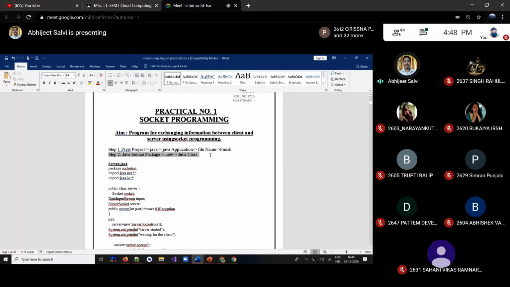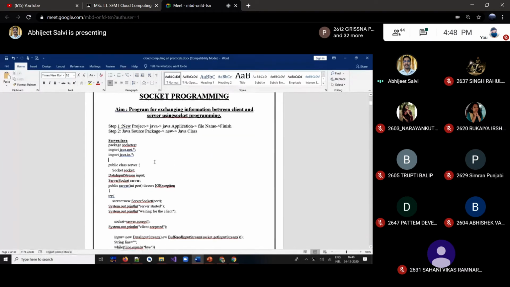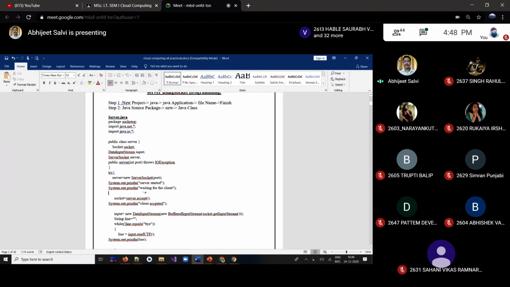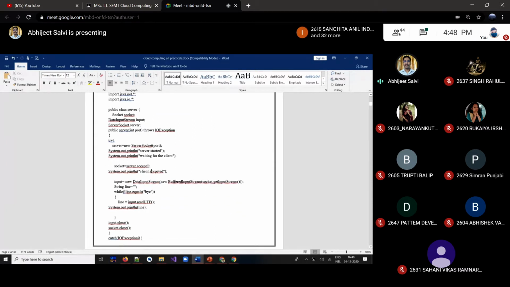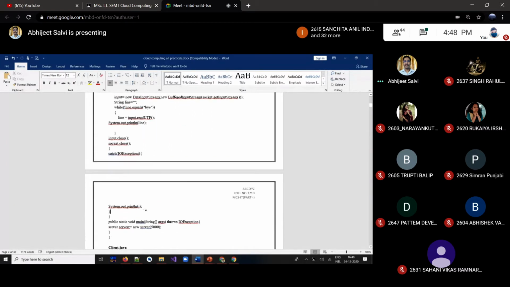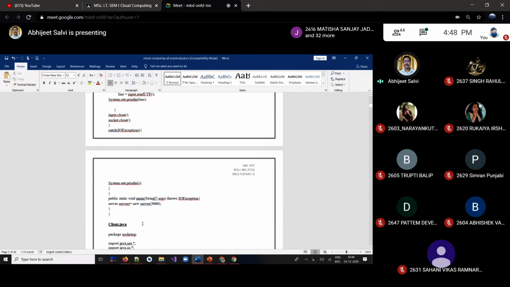Then second step, what we have to do, and what we are exactly doing in that, creating a program. So our class server, our class, whatever the client class is there. Okay, that program you have to copy paste. Before that, as I told you, you are supposed to execute that. Okay, execution is more important.